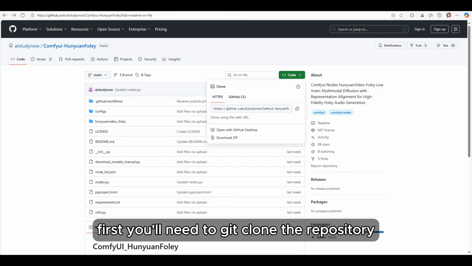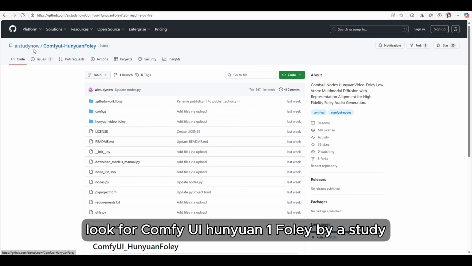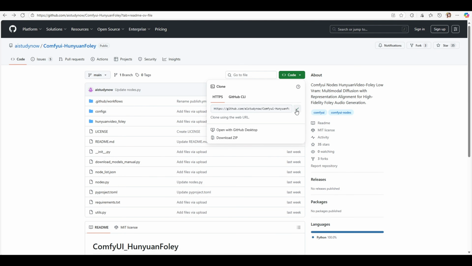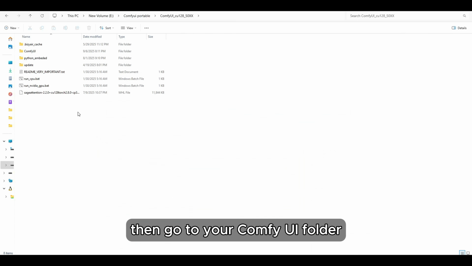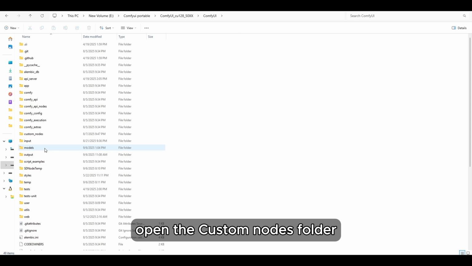First, you'll need to git clone the repository. Head over to GitHub, the link is in the description. Look for ComfyUI Hunyuan Foley by AISTUDY. Now, click the green code button, and copy the link. Then go to your ComfyUI folder, open the Custom Nodes folder,